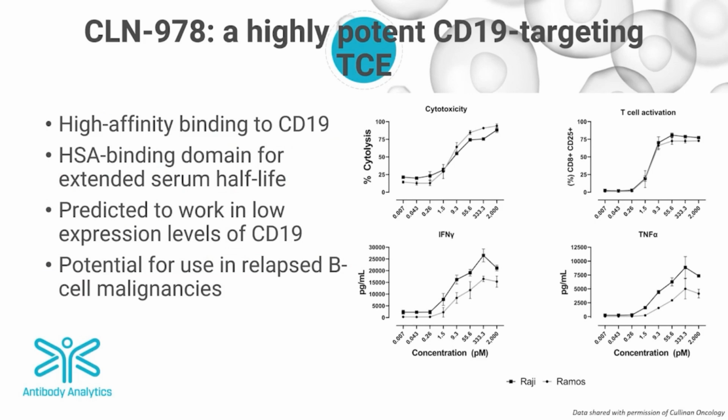The ability to target a wide range of CD19 expression in leukemias, including low levels of CD19 expression, was one of the factors that led our collaborators, Cullinan Oncology, to develop the CD19 targeting T-cell engager known as CLN-978. This has a very high affinity binding moiety for CD19 and includes an HSA binding domain for extended serum half-life. It is predicted to work in very low expression levels of CD19, and as you can see here, it is